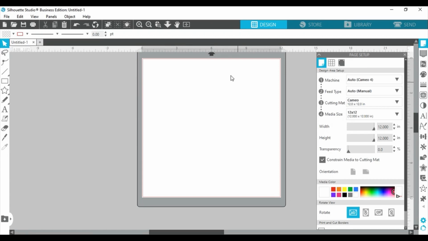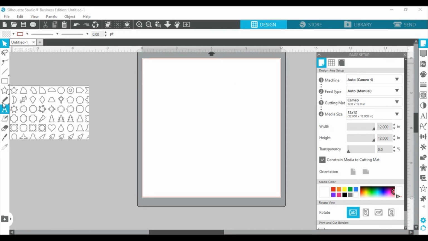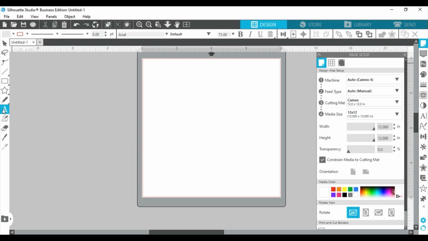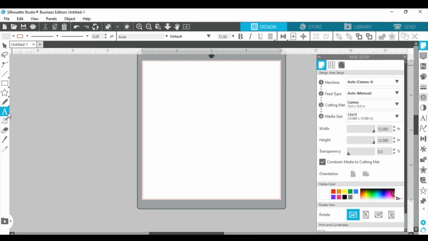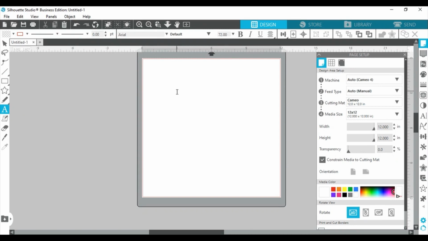The first thing I'm going to do, I'm going to go over to my left where you'll see an A. I'm going to click on it. This over here where I'm hovering, there's an A. That is my text icon. And what I'm going to do, I'm going to click anywhere on my screen. When I click anywhere on my screen, a blue little cursor is going to come up. You're going to type the word mama. When I type the word mama, I'm going to select it,